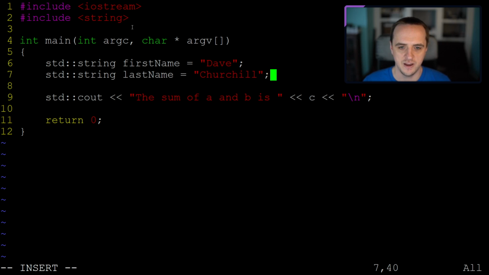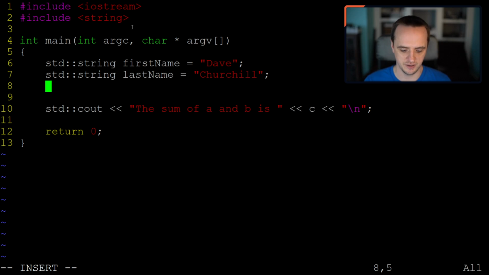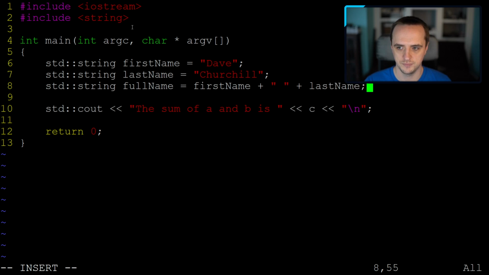If I want to have something like standard string full name, then I can say this is first name plus a space plus last name. Now down here, if I go and delete this, I can say full name is, and then full name,